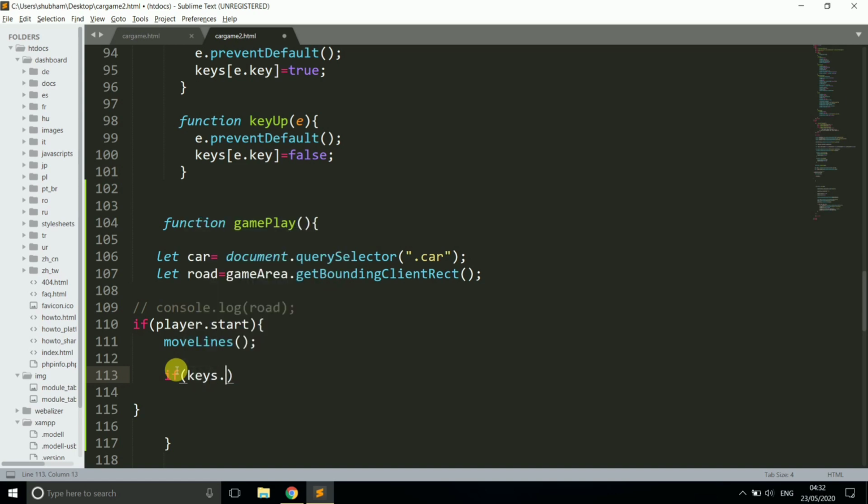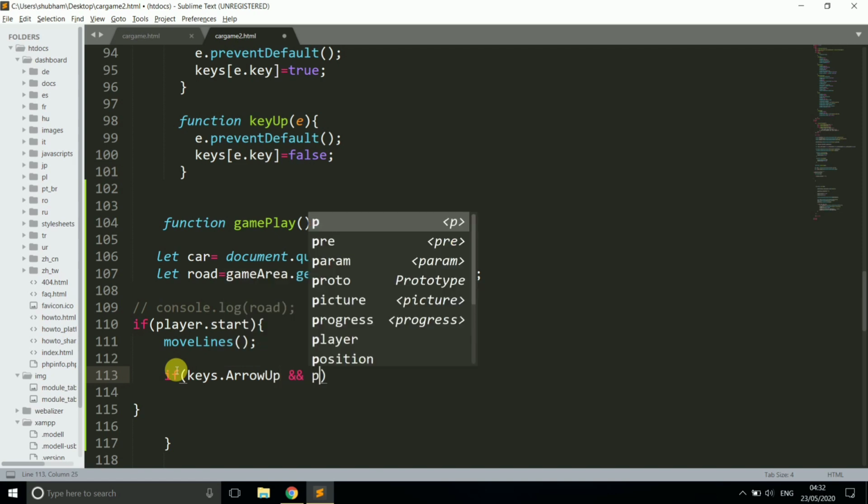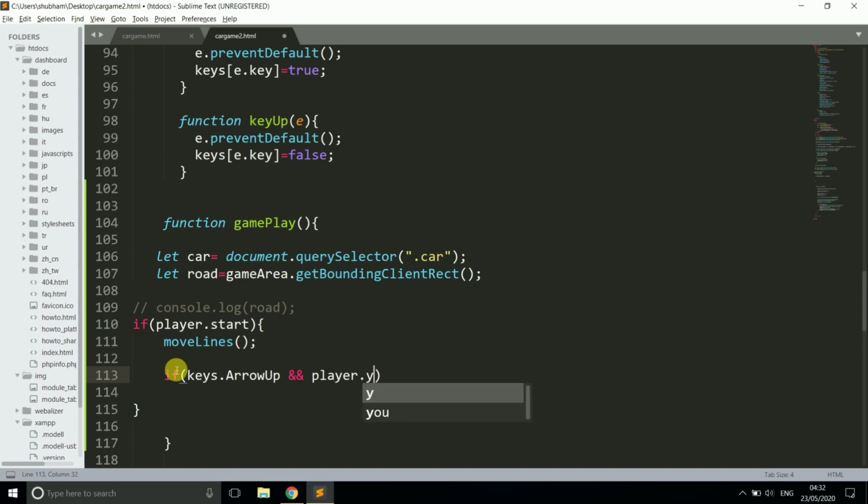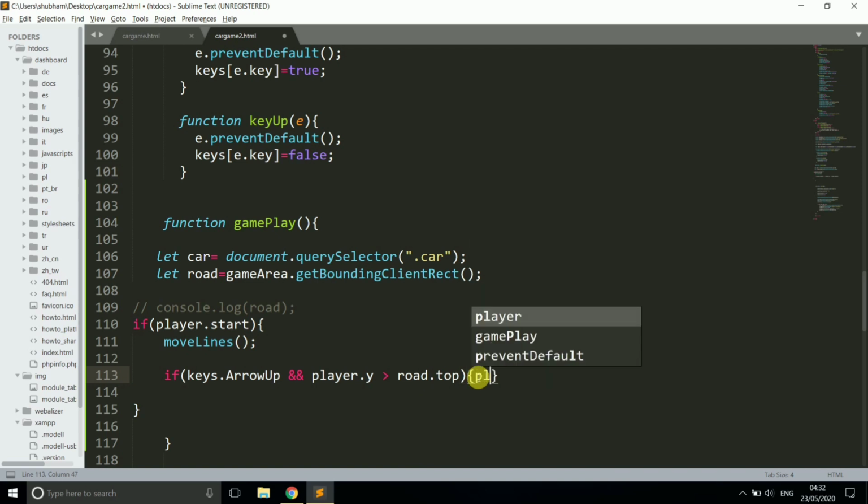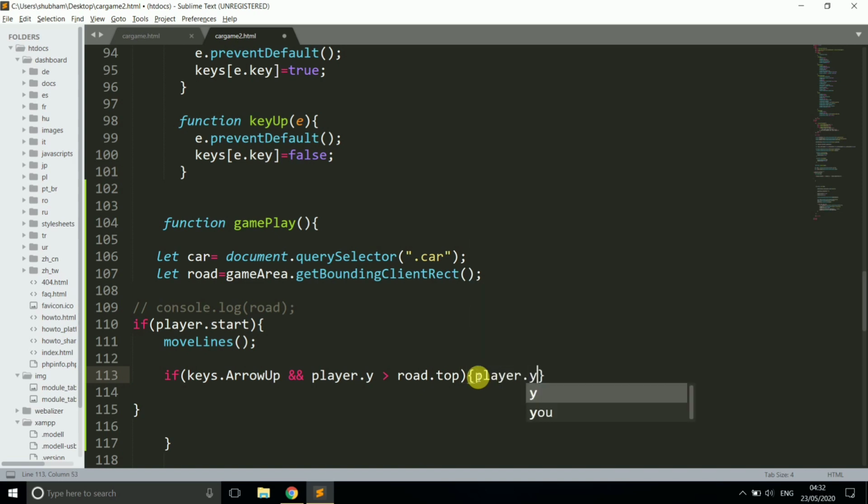Here we write some values for running our car, and we set conditions so your car never goes out of this game area. What condition do we need? This is the condition: if keys.ArrowUp and player.y is greater than road.top.